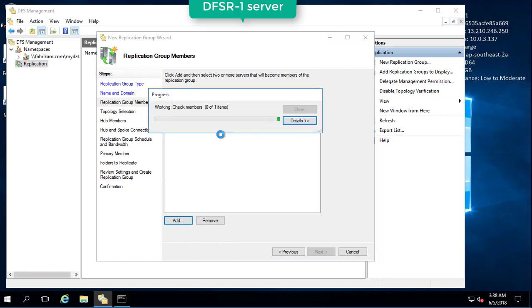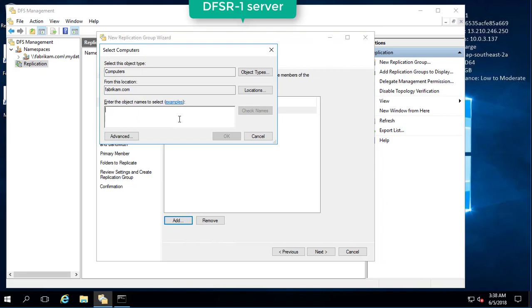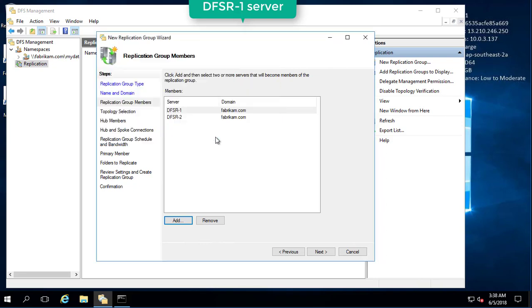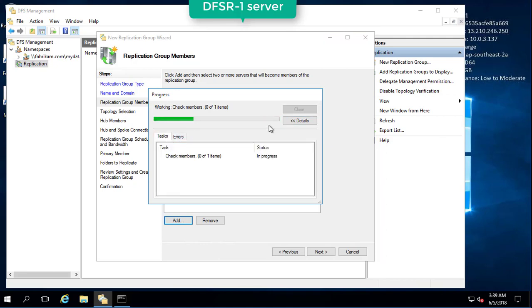So once you add the servers that will do your replication, you need to add all the servers that will participate in this replication, DFSR 1, 2, 3. If you have multiple servers, you can do that. Usually, if you want to do this in PowerShell, you can do it in PowerShell as well. So once you added these 3 servers,